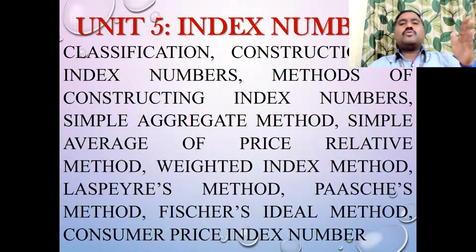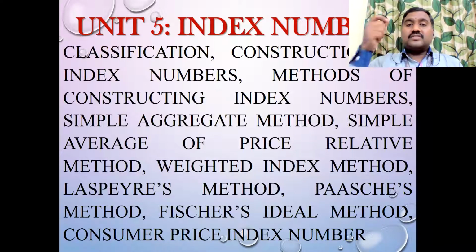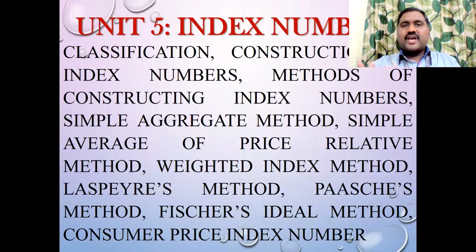From 2010 to 2018, the production was at a normal standard. But from 2020 onwards, into 2021, especially for the past two months, the production of oxygen has increased because we need it. We need adequate oxygen for the patients. So you can identify these changes, right? This kind of change in a particular variable, by comparing with the base year, we can measure using the index number. This is how the index number is constructed. Is it clear now?